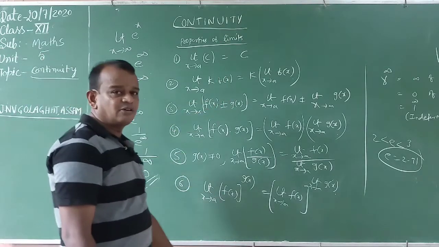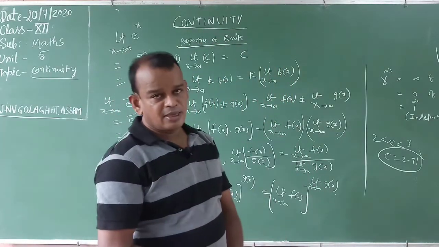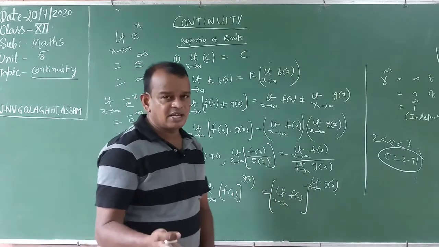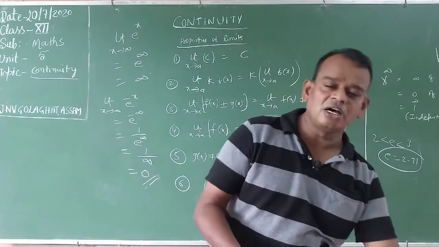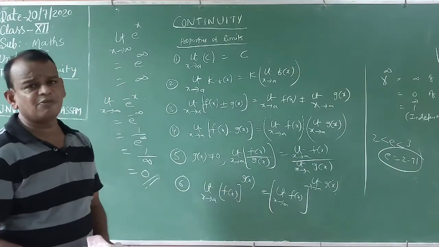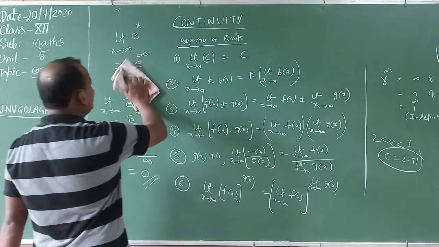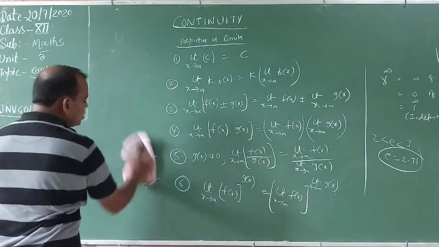R power infinity is equal to infinity when base r is greater than 1, equal to 0 when r is less than 1, and when r is exactly 1, it is indeterminate. Also 0 power infinity is an indeterminate form. Suppose r value is 0, what happened? 0 power infinity, that is nothing but the indeterminate form. These are the properties. Note down and write down.